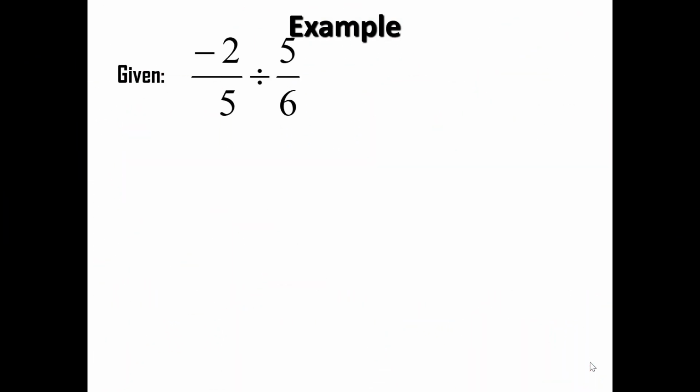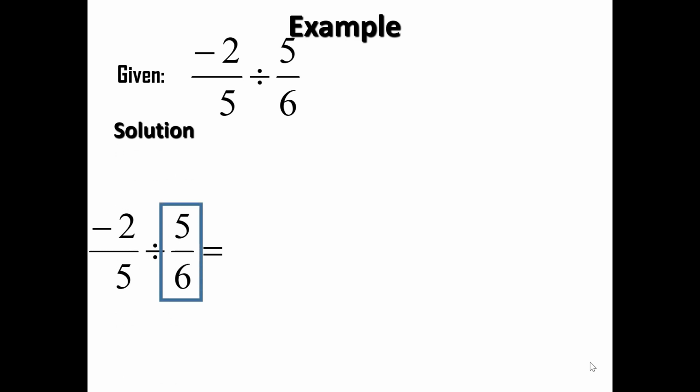Example, negative 2 over 5 divided by 5 over 6. Kung mapapansin nyo, yung negative 2 has a negative sign. Then, we get the reciprocal of 5 over 6, which is equal to 6 over 5. Then,